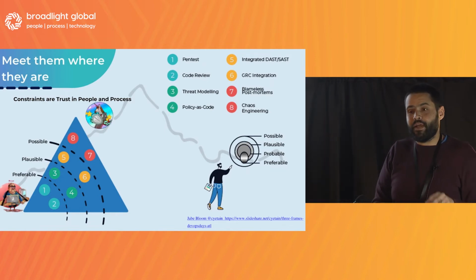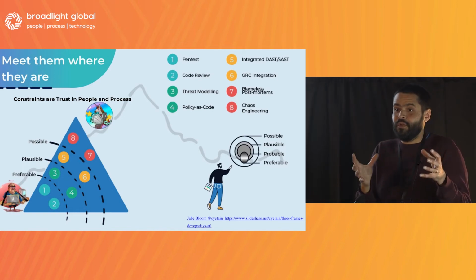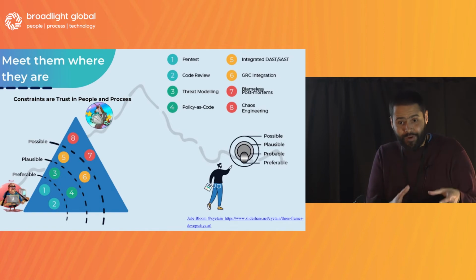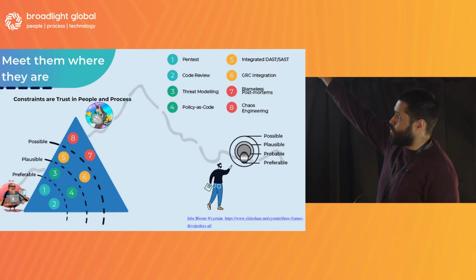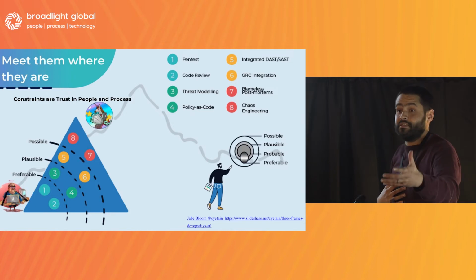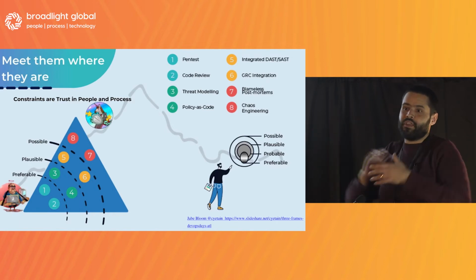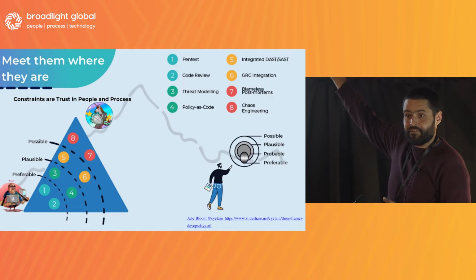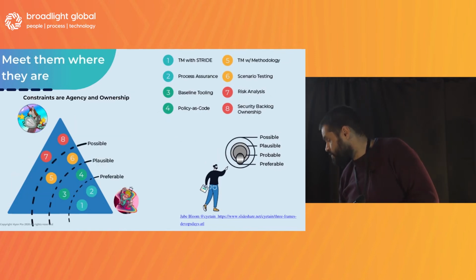So understanding where each of the clients is, in terms of the functions they have internally, tells you what you can do with the world view of that stakeholder right now, the way they see the world, or what's preferable. What can I work with? And if we start from what they think is absolutely required, we can think about what's plausible. Maybe threat modeling, policy as code. We could show a few examples on cookies, and explain how we can do policy as code to enable uniform cookie enforcement around the organization. It's a simple use case, and you can prove the value. And then we can start thinking about other stuff. Understanding where they are in that journey of changing culture is really key to success.